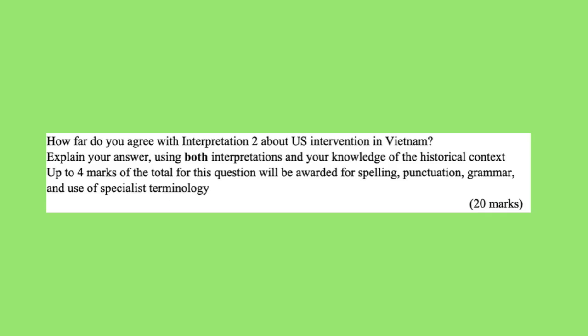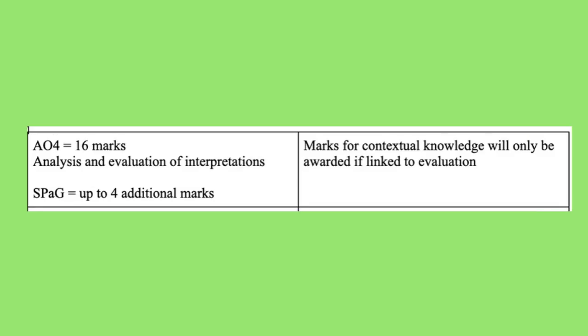How far do you agree with interpretation 2 about US intervention in Vietnam? Explain your answer using both interpretations and your knowledge of the historical context. Up to 4 marks of the total for this question will be awarded for spelling, punctuation, grammar, and use of specialist terminology. 20 marks. Here's the mark scheme for this question, which you can find out about in more detail